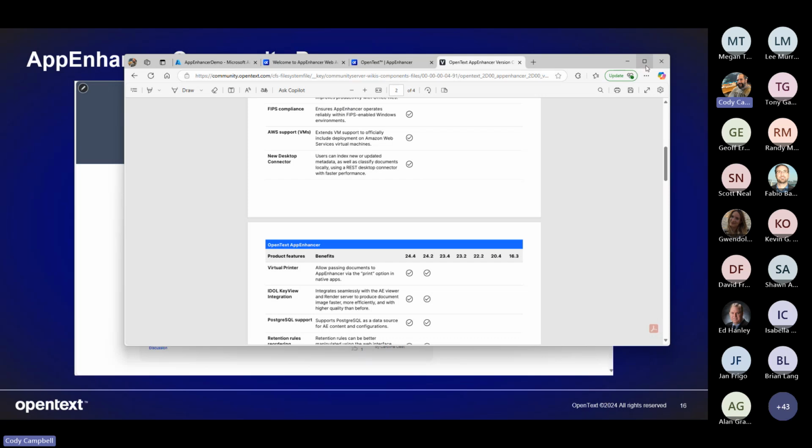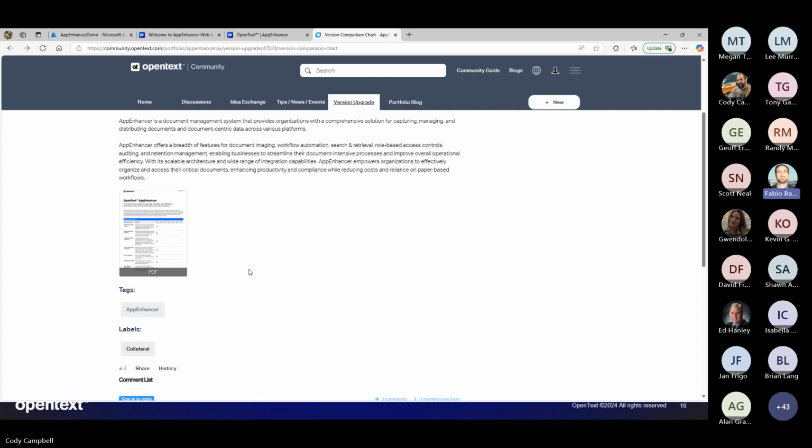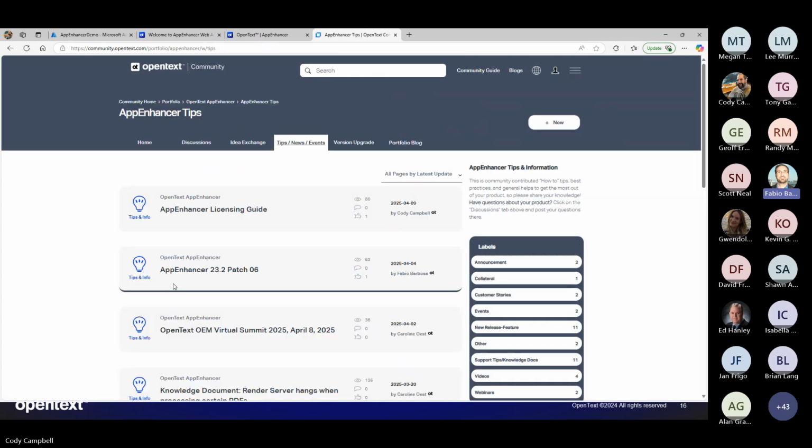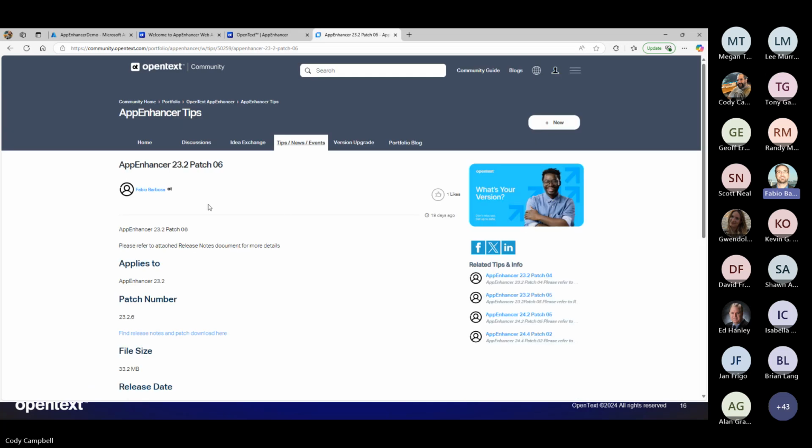So it's just a good way for you to see this spectrum of innovation for the product. Lastly, back to Cody, sorry if I may, I just wanted to add that I'm also posting into the community the new patch builds. If you go to the tips news tab there, you guys probably already noticed that we're moving away from the hotfix model and going into more frequent patch builds to bundle those fixes into more structured builds.